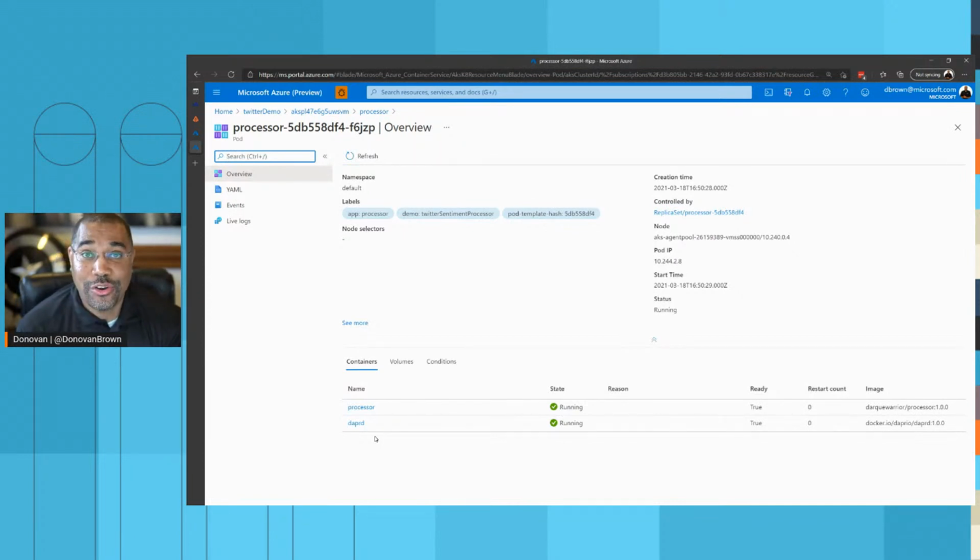So that's what I wanted to show you real quick. One other thing I'll tell you about this demo is that you can do this demo yourself. This is one of the samples inside of the Dapper repo. So if you go to the Dapper samples repo and look up the sentiment analysis for Twitter, you can see all the code, download it, and play with it. We have a .NET version, Python version, Java version, and a Node.js version of this application. So whatever language you're familiar with, you can download and start playing with this demo as well.